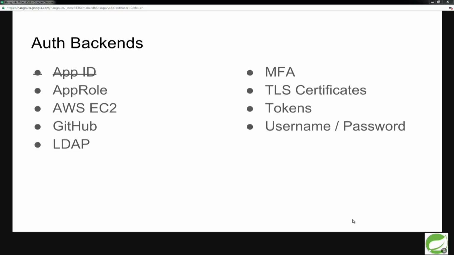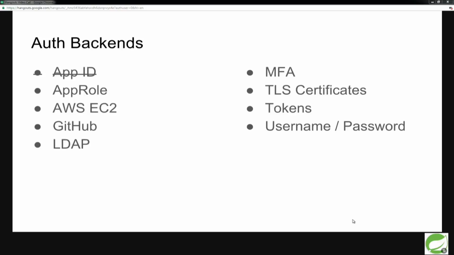So app ID is basically their attempt to solve the chicken and the egg problem. And what do I mean by the chicken and the egg? Well, I have something that I am encrypting, but I need some sort of credential to access that, whether it be to access the REST API or something to decrypt it. And what was app ID? Well, app ID was basically saying, well, what if we had something that was kind of hard to guess and something that was embedded within the application? And so they say, well, you could use like a MAC address for the hard-to-guess thing, and it really didn't sit well with me or others.